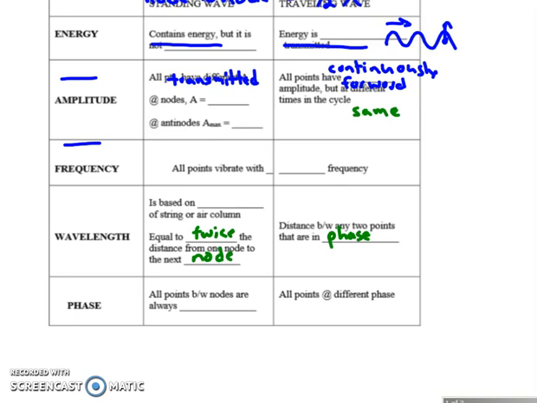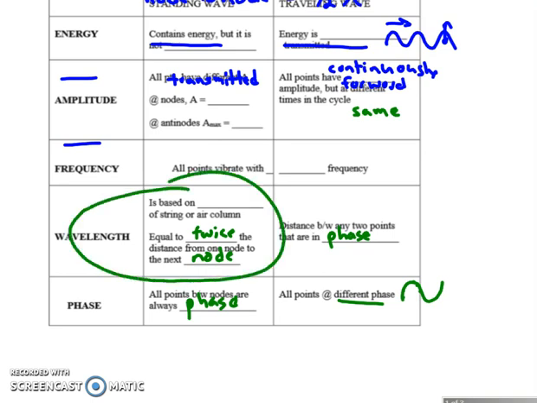Lastly, phase. In a standing wave, all points between nodes are always in phase. They're always moving in the same direction. They're always in the same part of the cycle. Whereas in a traveling wave, it looks like this. Every point along here is at a different part of the cycle, so they're in different phase. The big thing to summarize about standing waves is this is really important, and the energy consideration is important. So we'll do a lot more with this. This is one of the key things that the AP likes to test, so if you've got any questions, make sure you bring them to